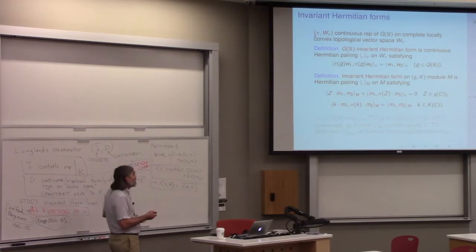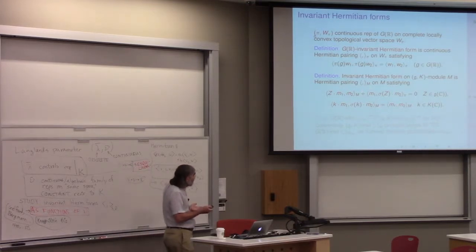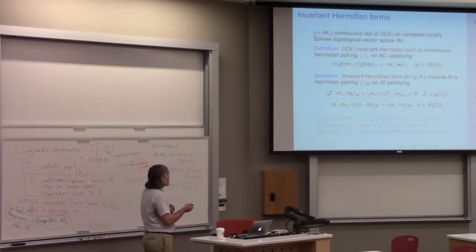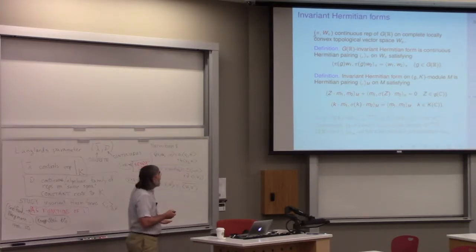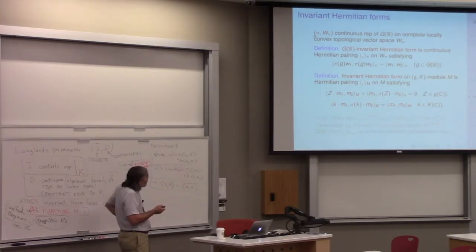We're talking a lot about GK modules, so the corresponding condition on a GK module, I have an action of this complexified Lie algebra, and more or less, if I differentiate the invariance condition up here, what emerges, well,